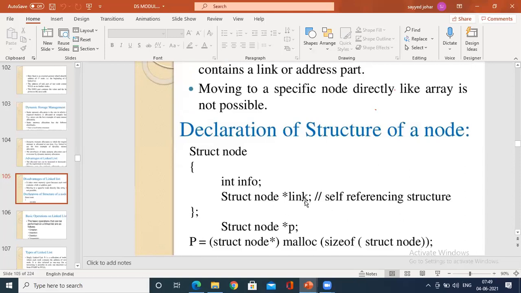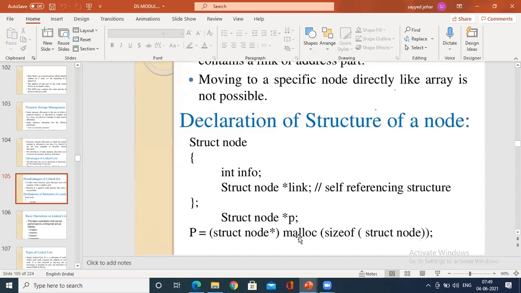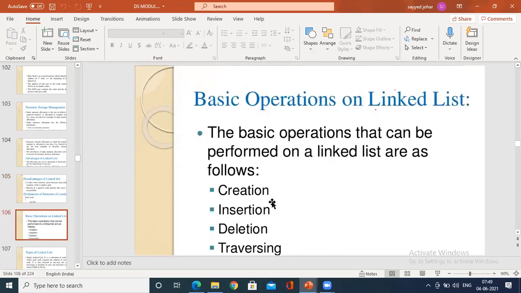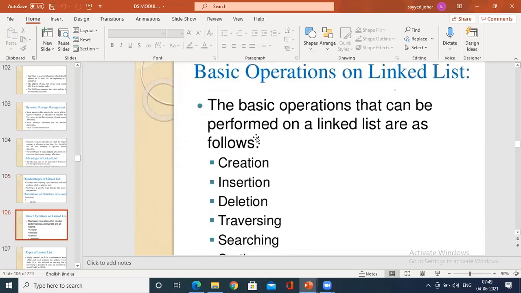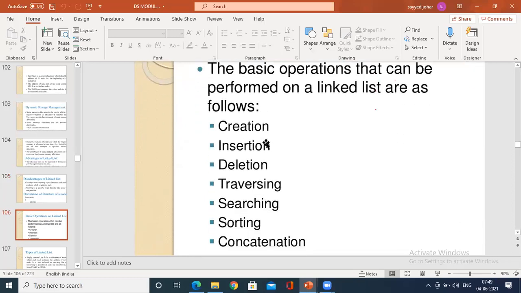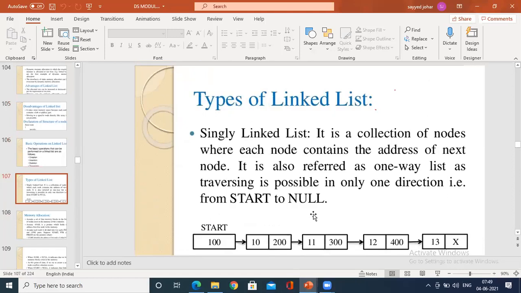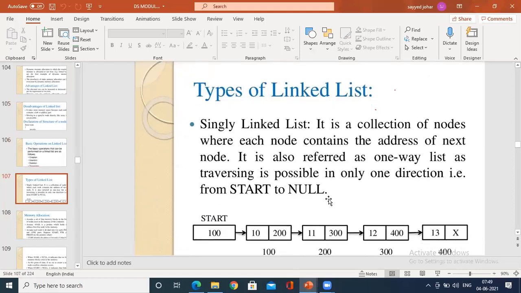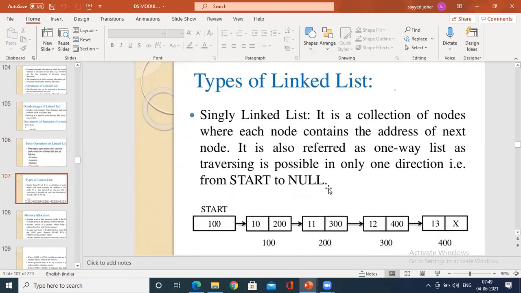This is a pointer variable. Then either this is dynamic or you use some typedef. In that sense, you could write the operations. So basic operations are insertion, deletion, traversing, searching, sorting, and a lot more. We have seen only the basic things from the book, so that I'm stressing.